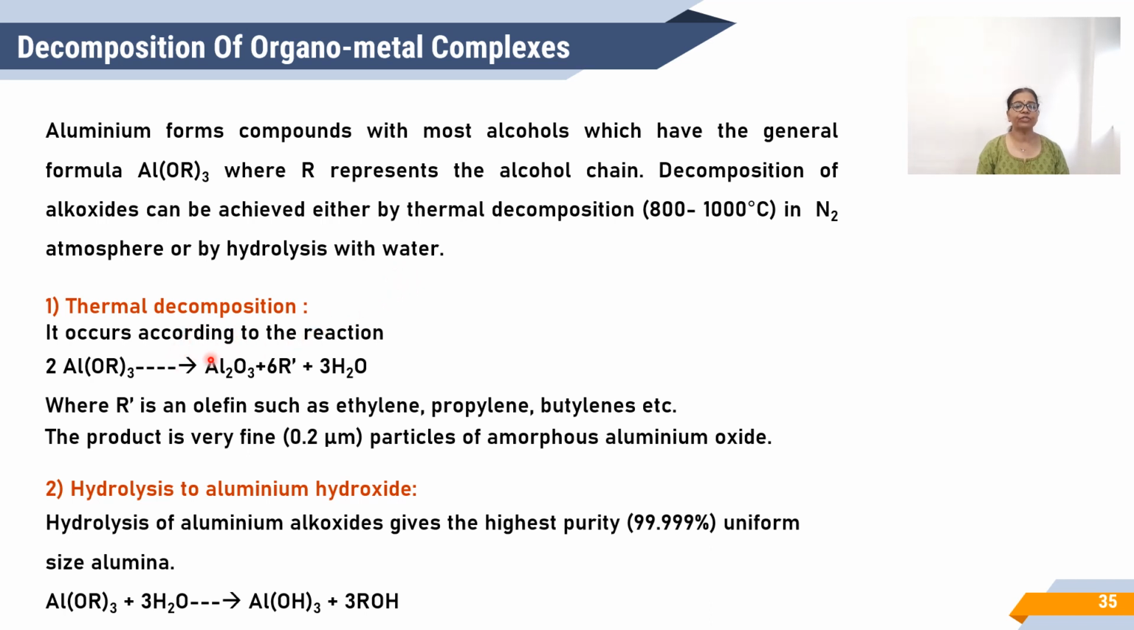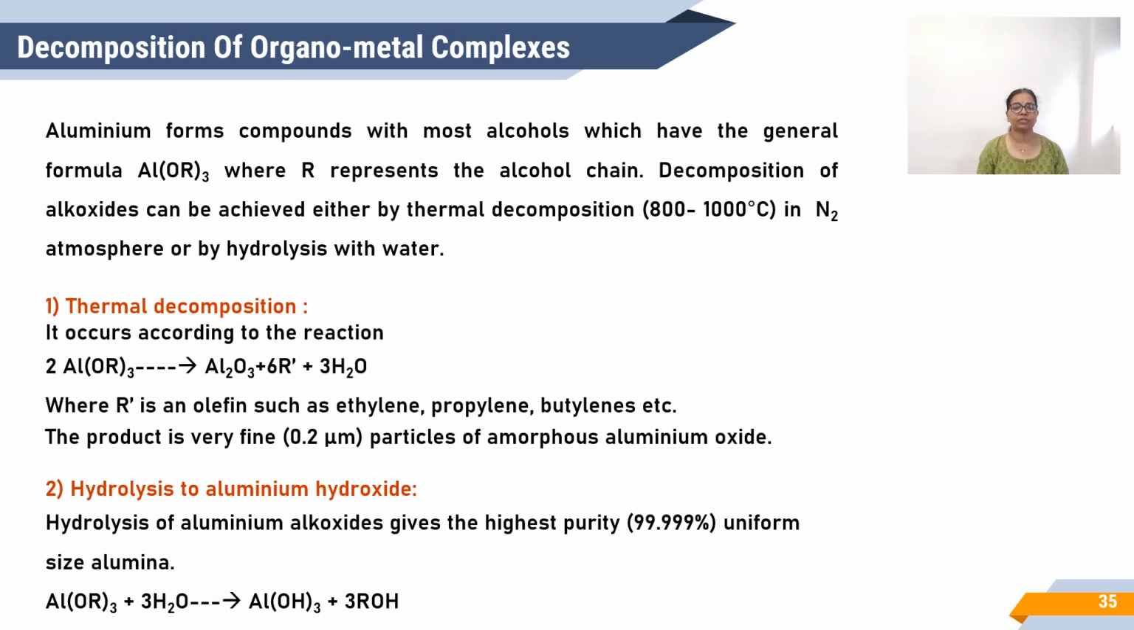And the thermal decomposition occurs by this reaction, where we get alumina, and R dash is an olefin such as ethylene, propylene and butylenes, and the product which is formed is very fine, which is 0.2 micron size of amorphous aluminium oxide. And the other method is hydrolysis to aluminium hydroxide. The aluminium alkoxides give the highest purity, that is a fine alumina, that is 99.999% uniform size alumina, which is